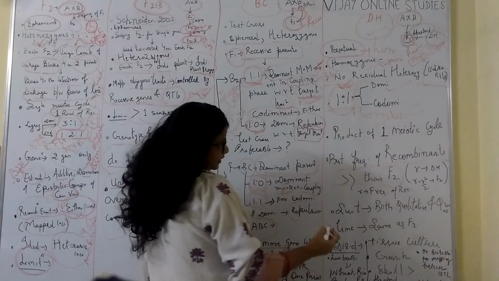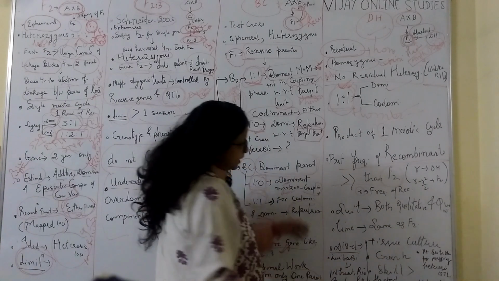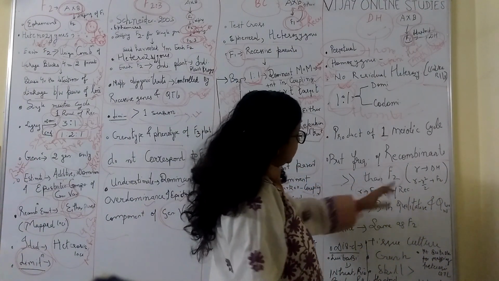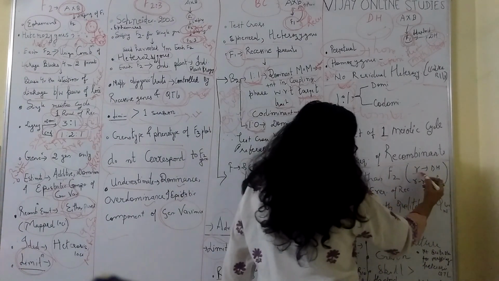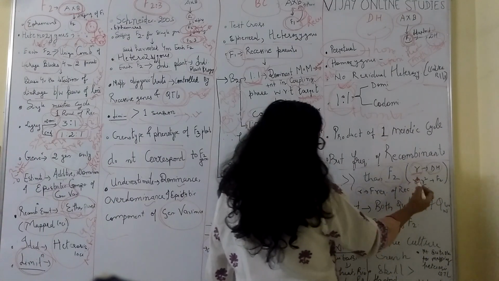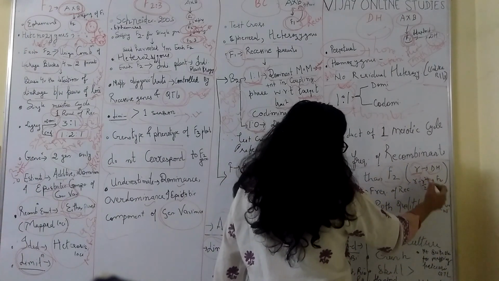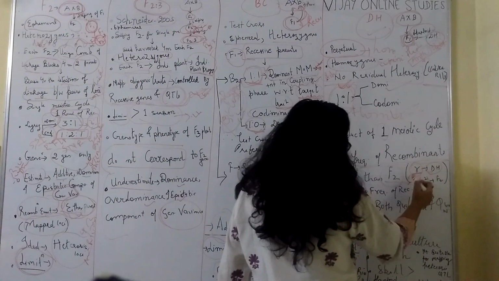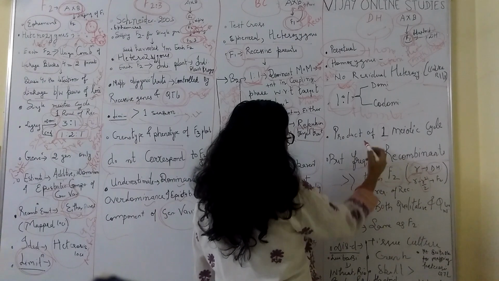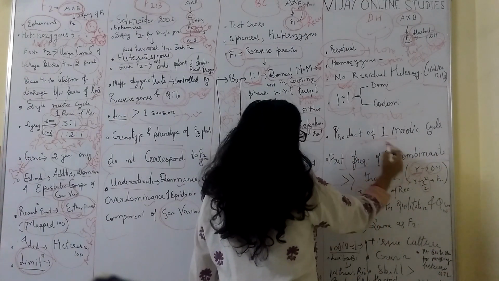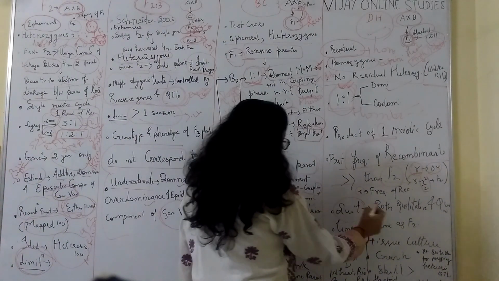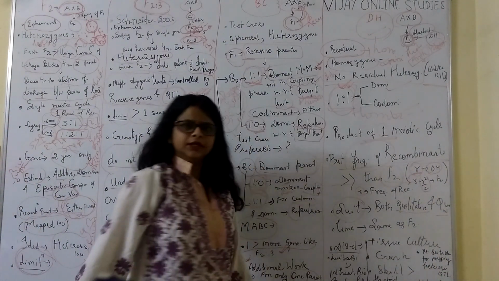Frequency of recombinant R, that is क्या है आपका ये frequency of recombination जो R है आपका, that is for double haploid it is R, and for F2 mapping population it is R minus R square divided by 2. So it is much less than R. Okay, so even though it has only one meiotic cycle, its frequency of recombination is more than F2. It is suitable for mapping both qualitative and quantitative traits.